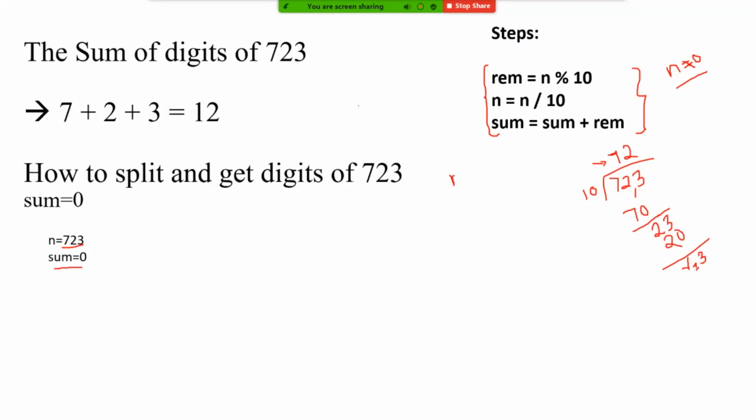When we find mod of a number, suppose I'm finding the mod of a number with 10, what are we getting? We'll be getting the remainder. When we do division of a number by 10, we'll be getting the quotient. This quotient we write above, and the remainder comes down as the answer. So when we find mod, we get the remainder.